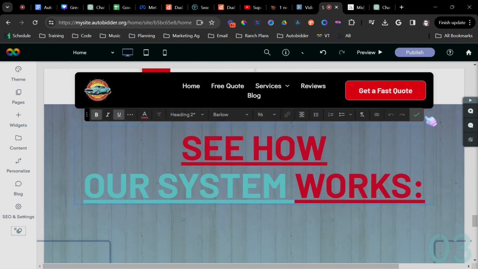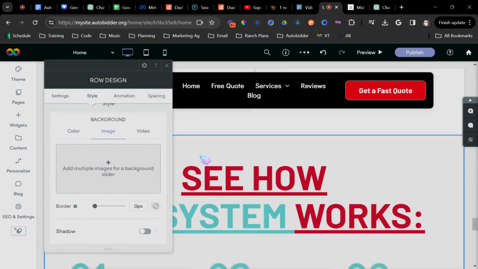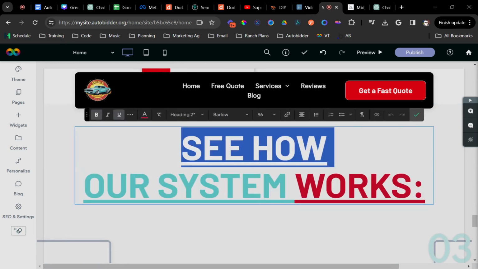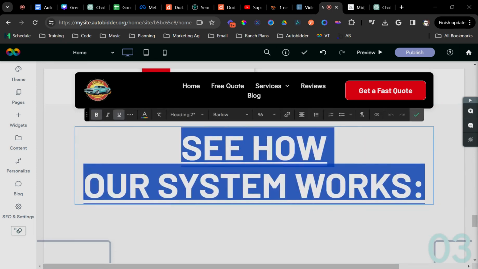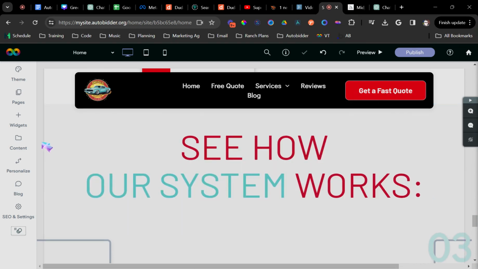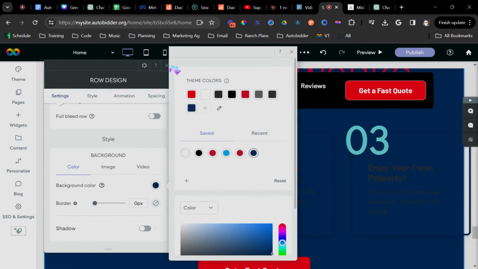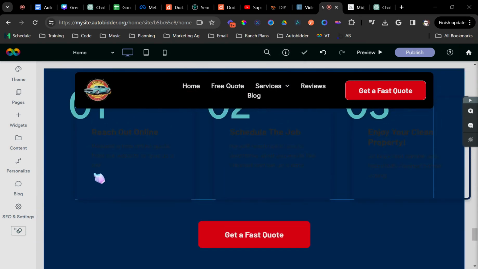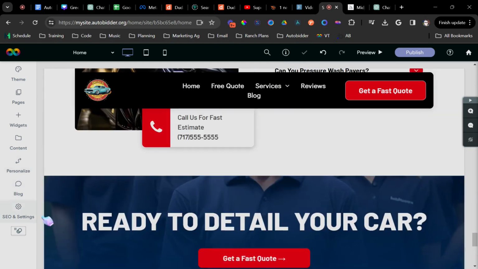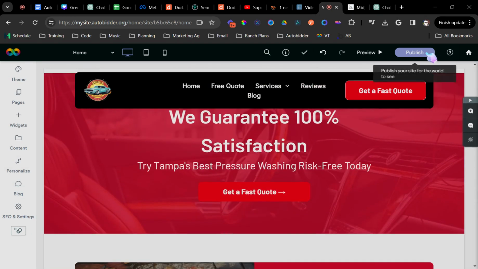And then if I wanted to make this fit my theme a little bit better, I might delete that background, or maybe we'll make this a slightly different color, right? Okay, so that's not fitting, but I think you get my point. Like you can drag in different sections like that. And you can play around with it, find sections that you like, and then again, whenever you're ready to publish,